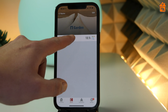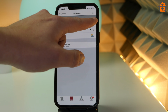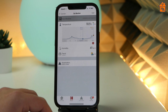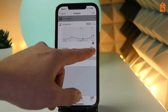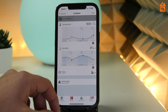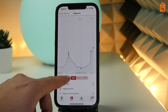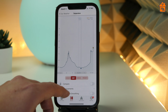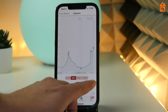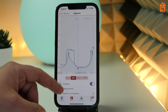The next screen will give you another overview of the key data points, but you can also hit the arrow down and get a graph that shows you the last 24 hours. And if you click the eye icon, you get the breakdown of data over the last hour, week or month view in the detailed view section. You can also go further and compare data to previous points and have a look at what weather was like or temperatures or whatever it was from previous months or this time last year if you've had it in the